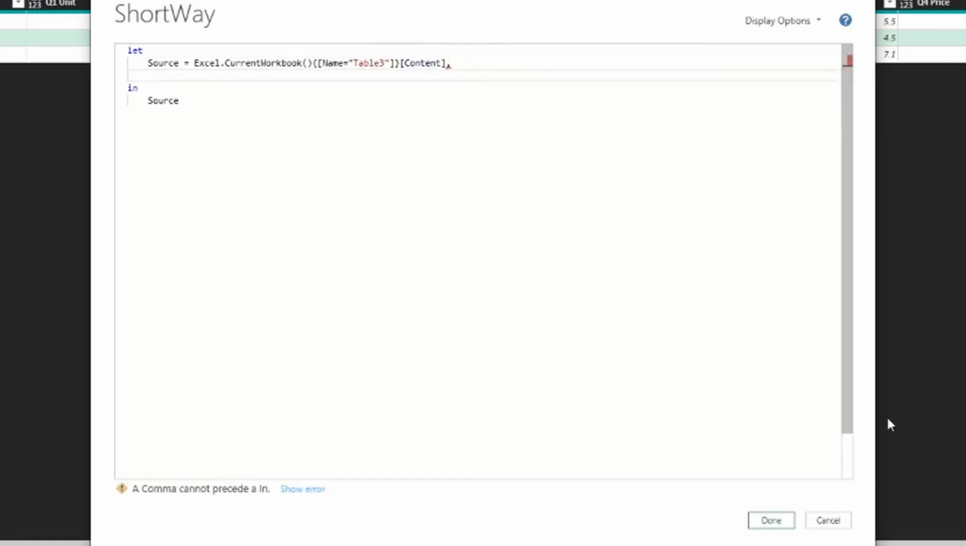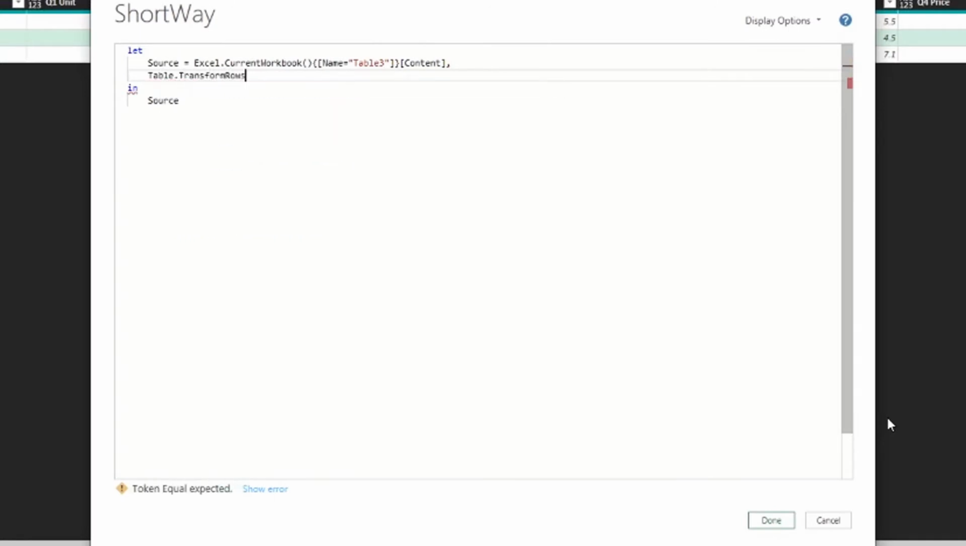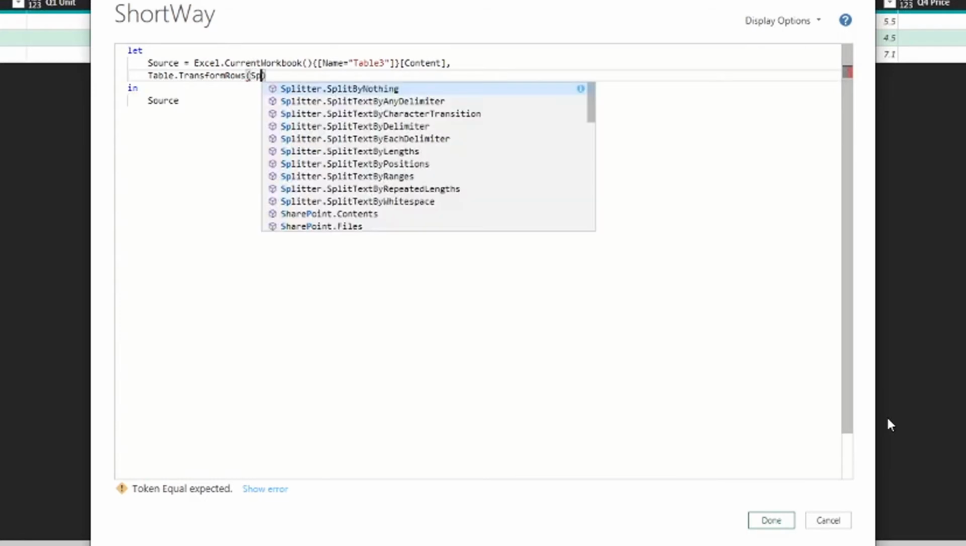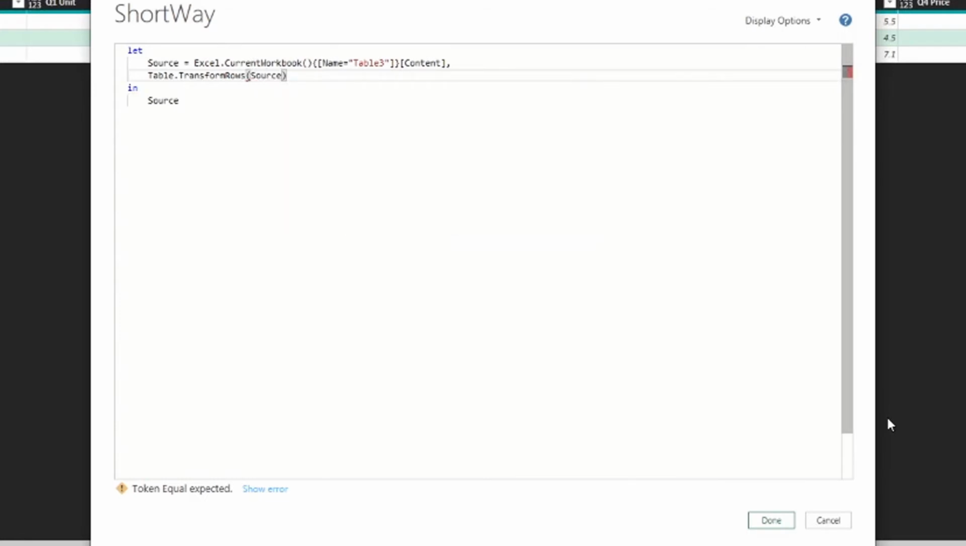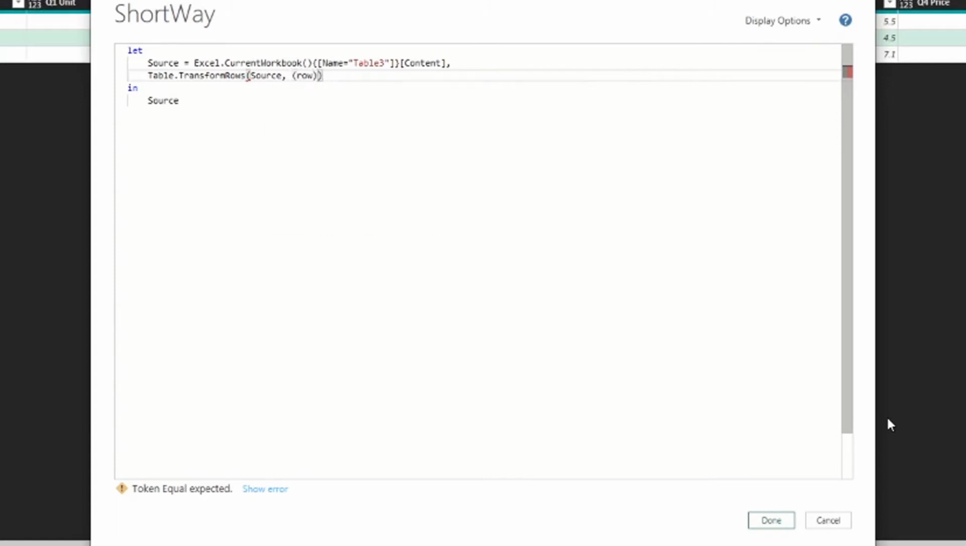And I'm going to say Table.TransformRows, because that's what we're doing. We're going row by row. And the first thing, I'm going to reference the previous step, which is Source. And then I'm going to say row. I'm going to use this row instead of the each operator just because it makes it a little bit more